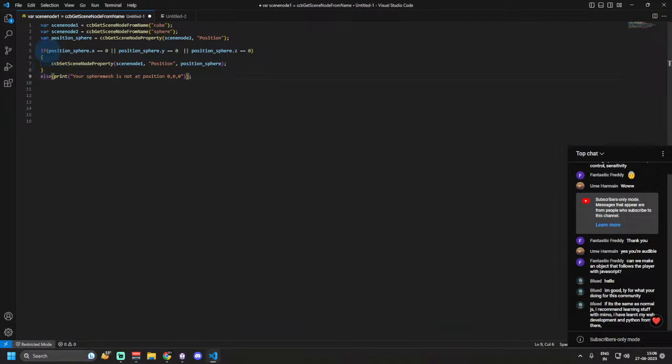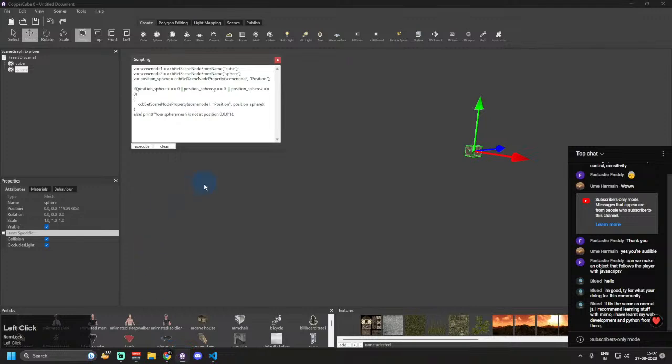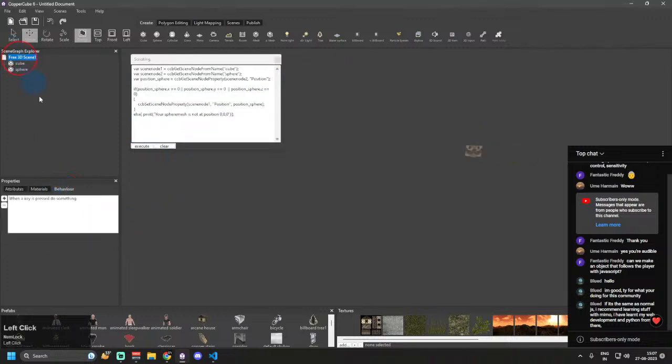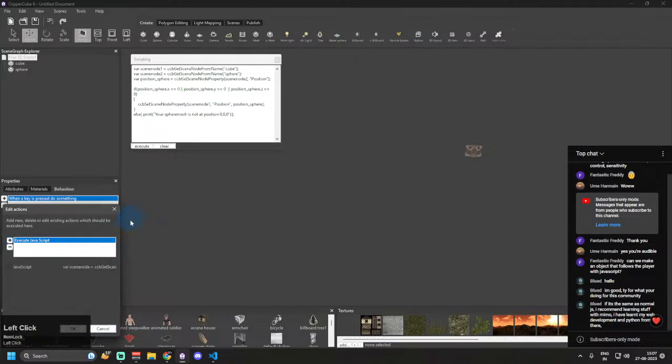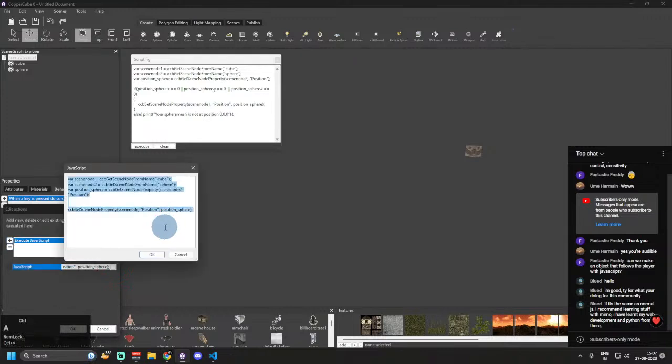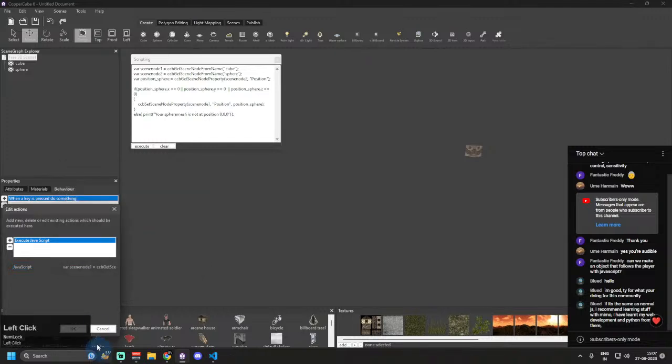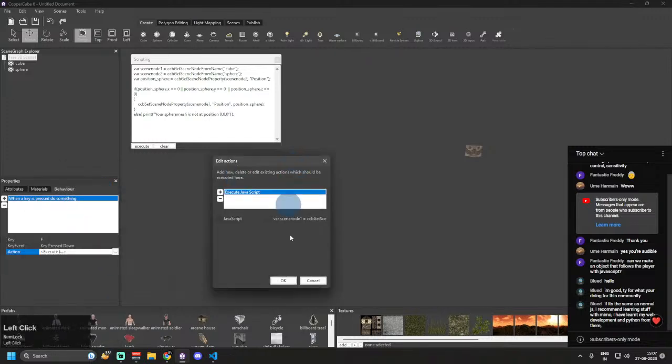So we have this condition here, if, and then we are simply using the else, and we are printing our debug command, and your sphere mesh is not at, maybe it is not printing in the log window, and it should just print in the game for the debug panel. Let's just check it there, because to me the code seems right. And if I test the application,